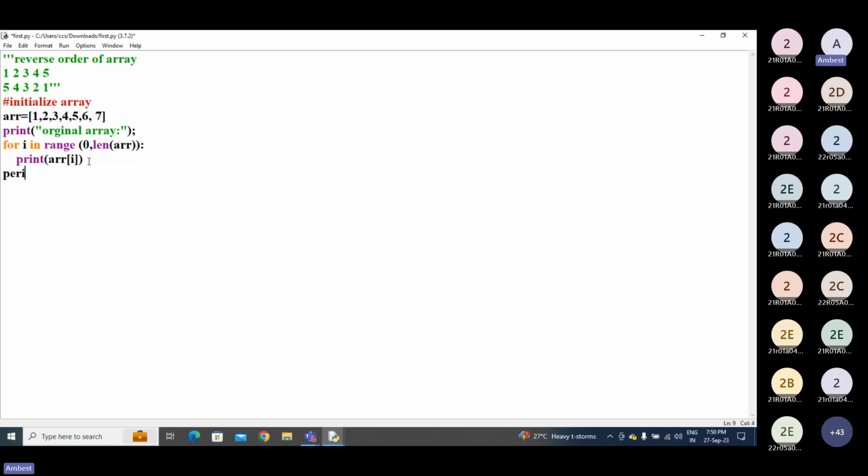Print array in reverse order. So now what I want, by looping, is to get the reverse order of the elements. So I am writing a looping statement for this,